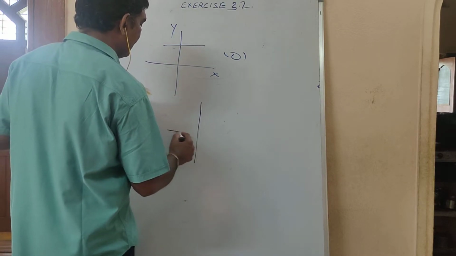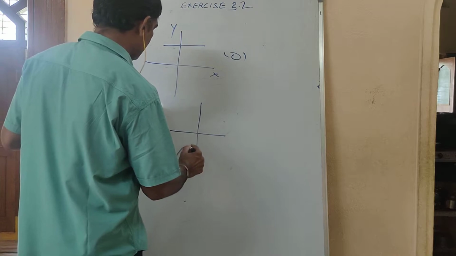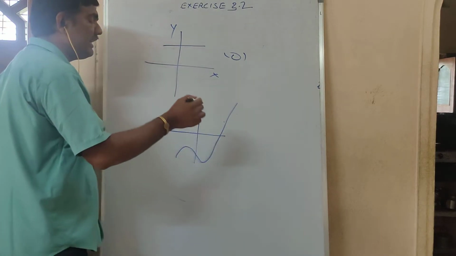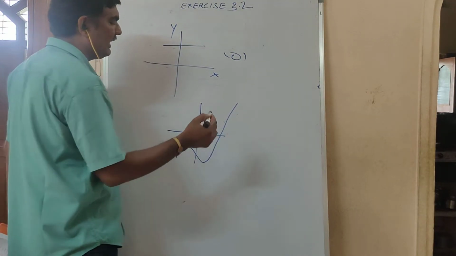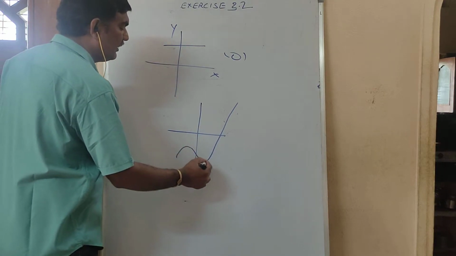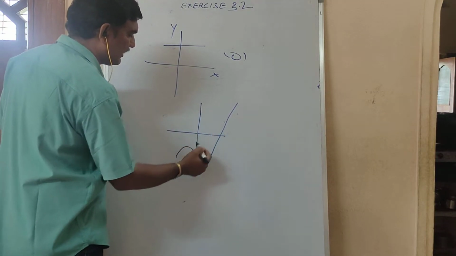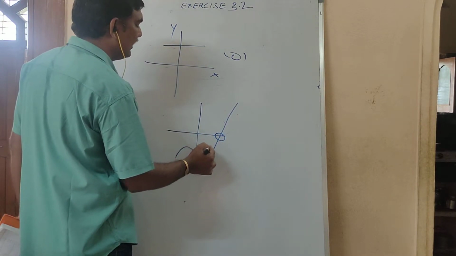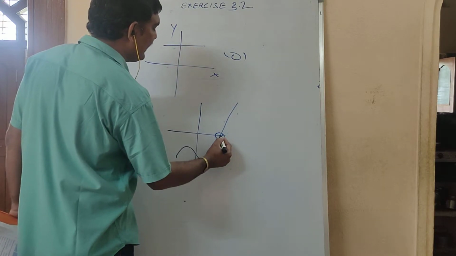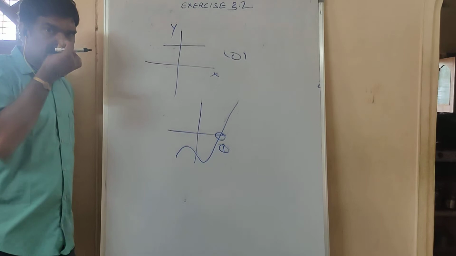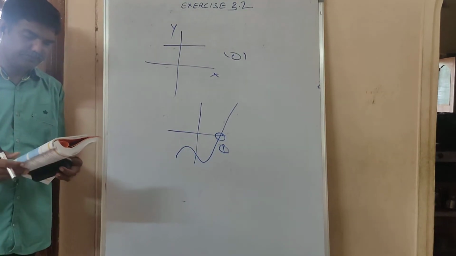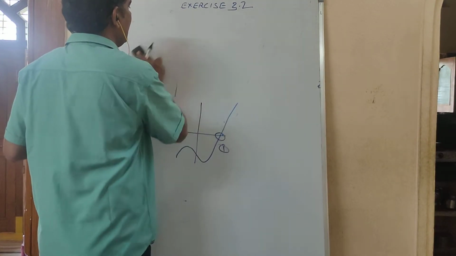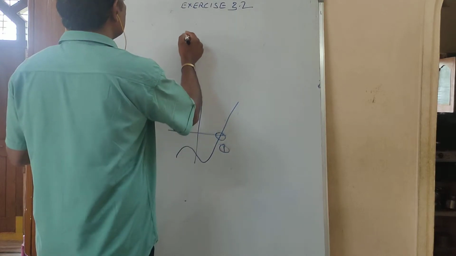The second graph they have given is like this. Now this is the graph. How many times is it intersecting the x-axis? This is called the y-axis, but I want how many times it is intersecting the x-axis. This graph and the x-axis are meeting at only one point. So the number of zeros will be one. Next, another graph they have given, like this.